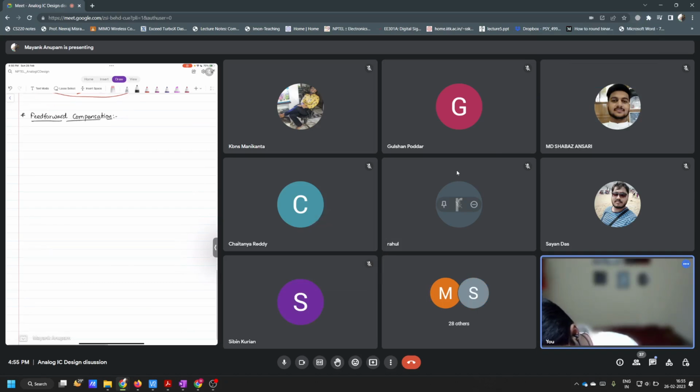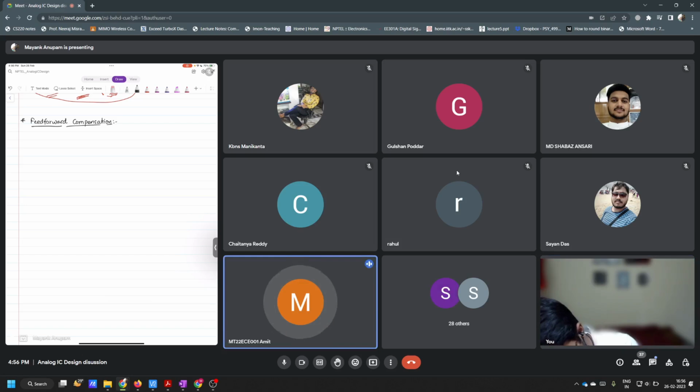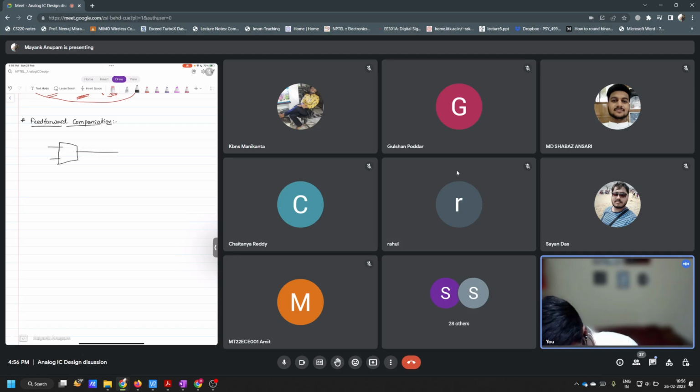So what do you understand by feed forward compensation? Instead of making a difference between input voltage, we provide direct current to the stage that is just next to the op amp. Yeah, correct. So let's say this was the condition. Fine. Let's say this was your buffer. Fine. And this is your